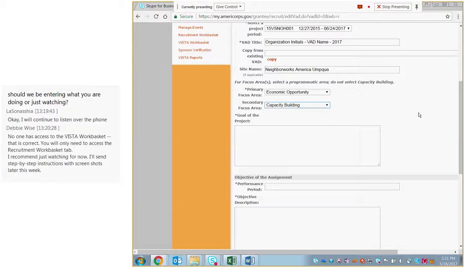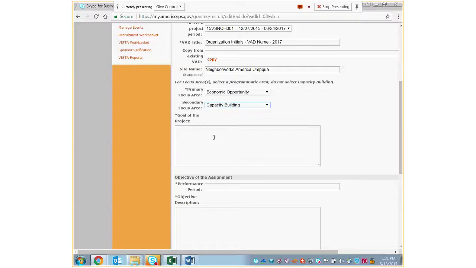So you've all submitted applications to NeighborWorks America and have said, this is specifically the goal of our project, this is what we're going to accomplish, this is what we want our member to complete within this year. I would say take that language that you put in the application that you sent to NeighborWorks America, copy and paste it right here into the goal of the project. Reframe that statement so that it would be understandable and user-friendly for a new person who is entering your organization, and put that directly into the goal of the project.